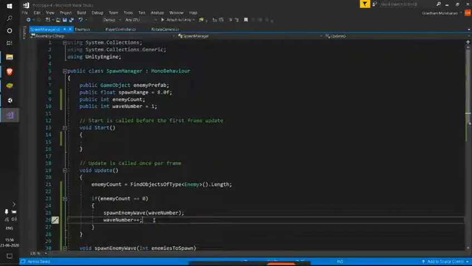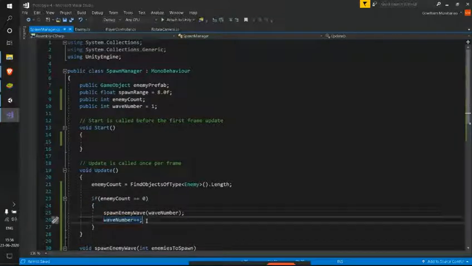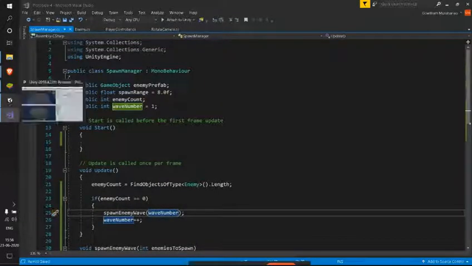So when that enemy has fallen off the ground, again the enemy count becomes 0. This time, as my wave number is 2, I'll have 2 enemies. The next time, 3, 4, and so on. So now let me try this.